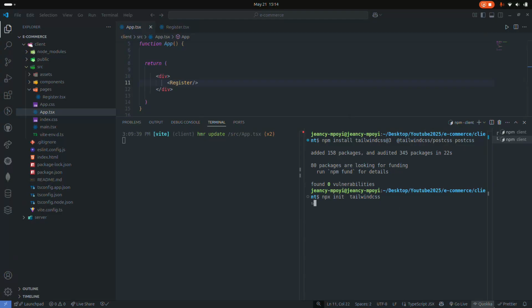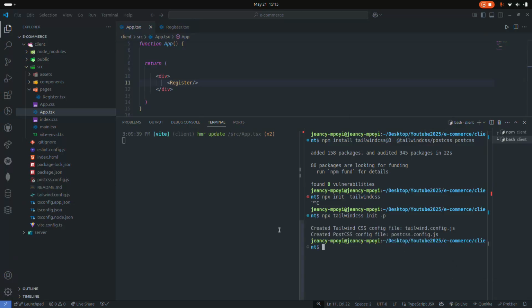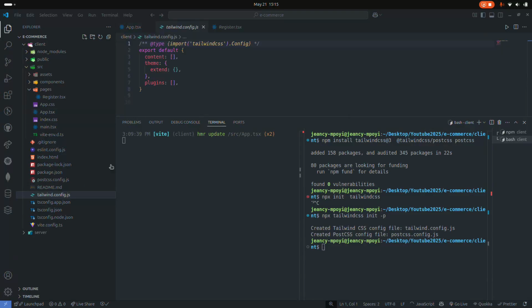Okay, so I think there's an error here. We're gonna do something like npx Tailwind css init -p. Nice, there it is. It is working. Now we have created another file called the Tailwind css config. Now here we're gonna add some field in this content. We can add like